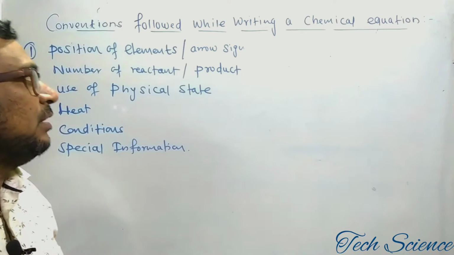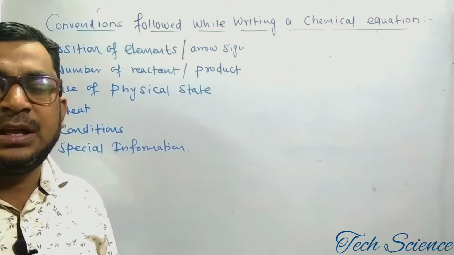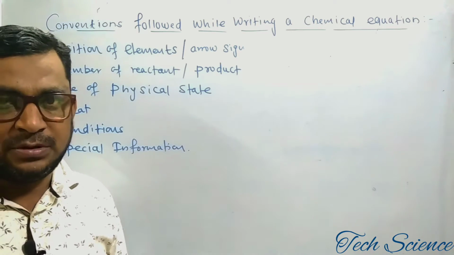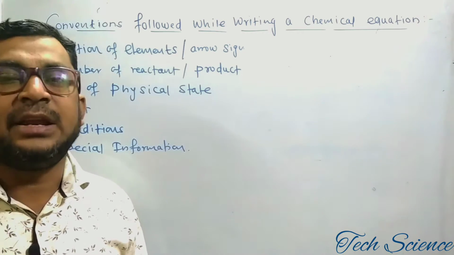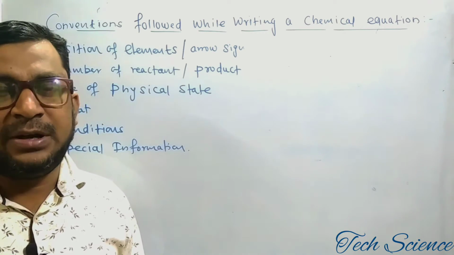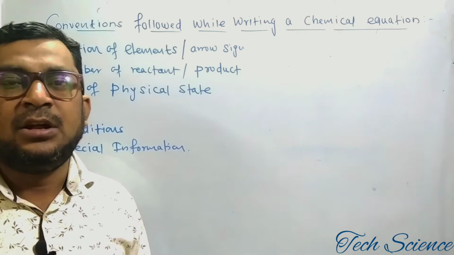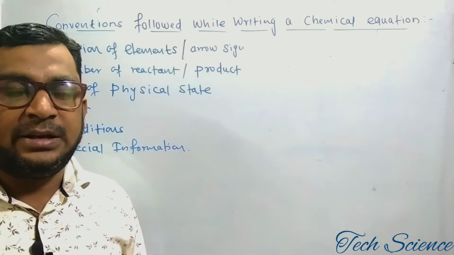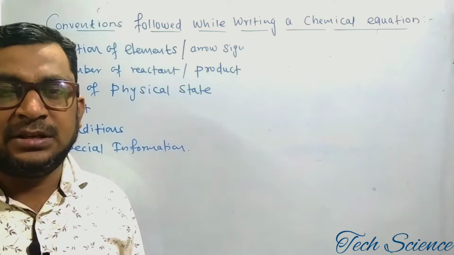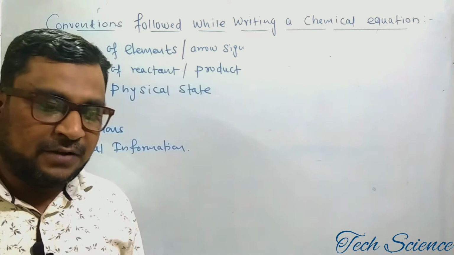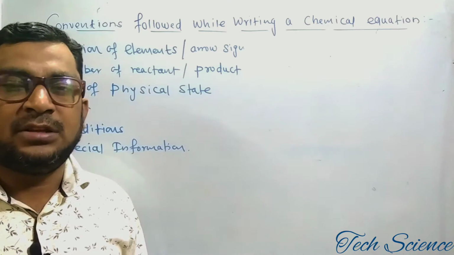Okay, so if you observe in chemistry, during a chemical reaction some elements are involved. Those elements which are involved in a chemical reaction are called the reactants. And when the reaction gets completed, new elements are formed, and those new elements are called the products. So reactant means those elements between which the chemical reaction occurs, and after completion of the chemical reaction the new element that has been formed is called the product.